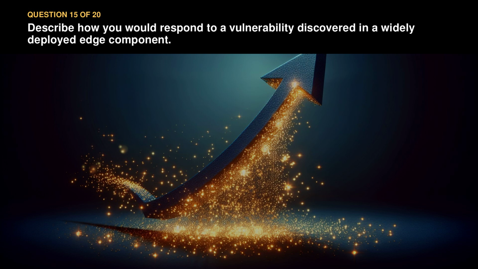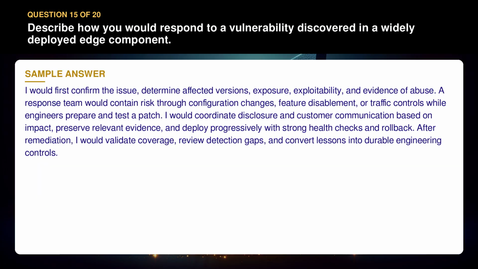Question 15. Describe how you would respond to a vulnerability discovered in a widely deployed edge component. I would first confirm the issue, determine affected versions, exposure, exploitability, and evidence of abuse. A response team would contain risk through configuration changes, feature disablement, or traffic controls while engineers prepare and test a